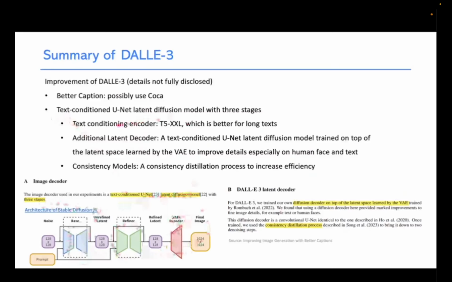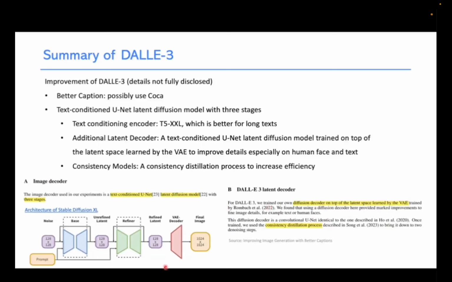The text conditioning encoder used in the model could possibly be the T5 XL, which is better for long text. In addition, for DALL-E 3, they train their own diffusion decoder on top of the latent space learned by the variational autoencoder, which is the Stable Diffusion one. They find that by using this, they get better performance on image details like text and human faces.